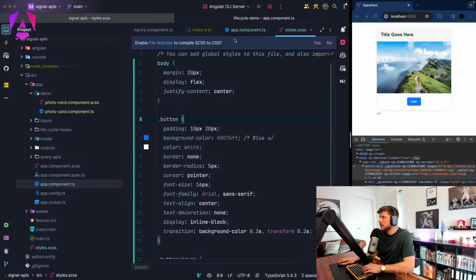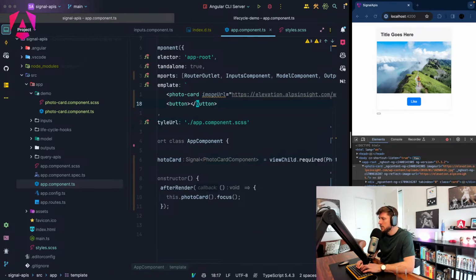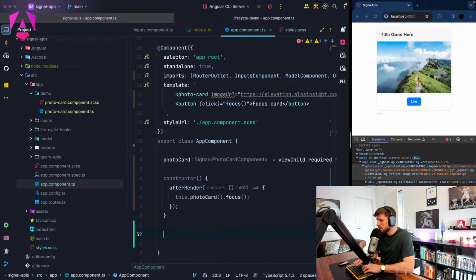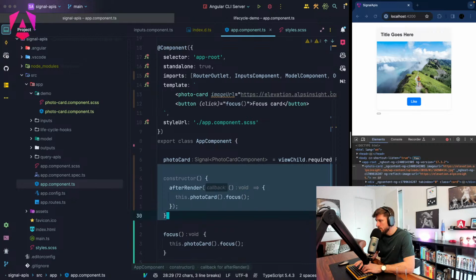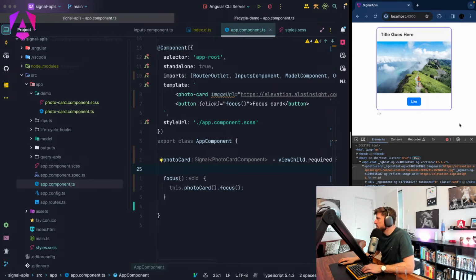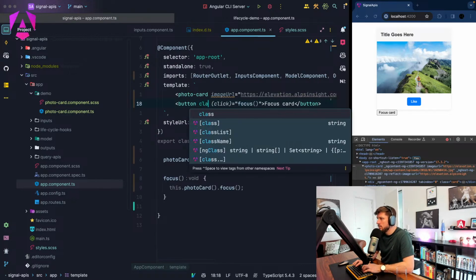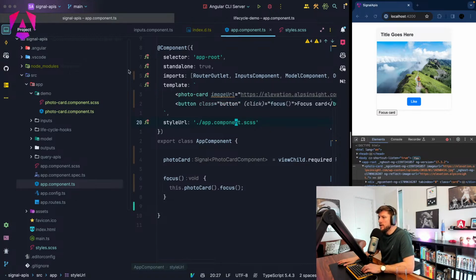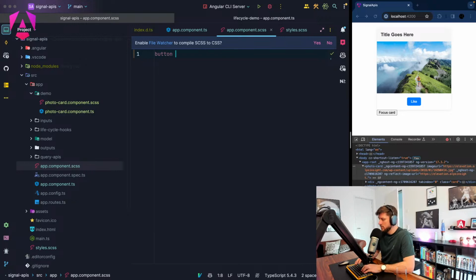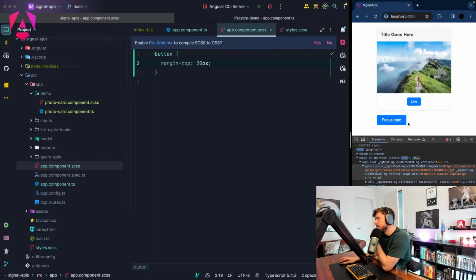Okay, cool. So we have a button there inside our app component, and it'll be like focus cart, whatever, and if you click you would do focus. Cool. And here we have a focus method which does what I was saying. Cool, nice. And what is the query selector dot button? And here probably inside my app component I also want this button to have some margin top of 20 pixels, right? Cool. I mean it's way too big compared to this, but